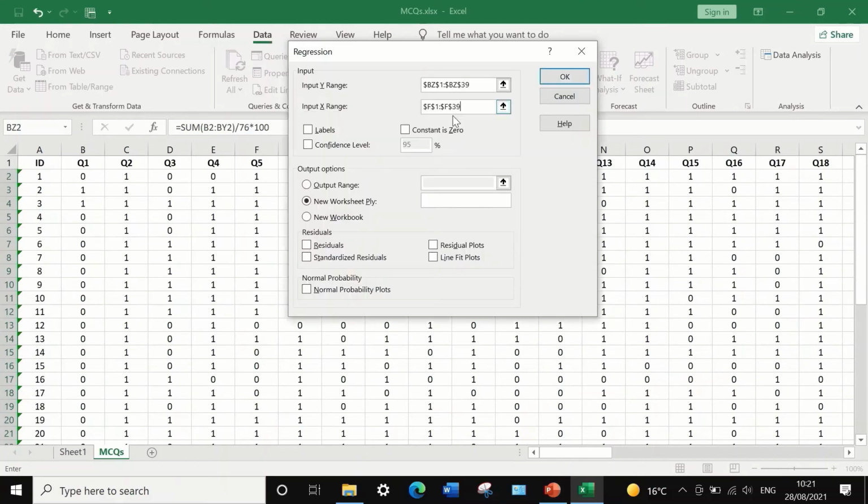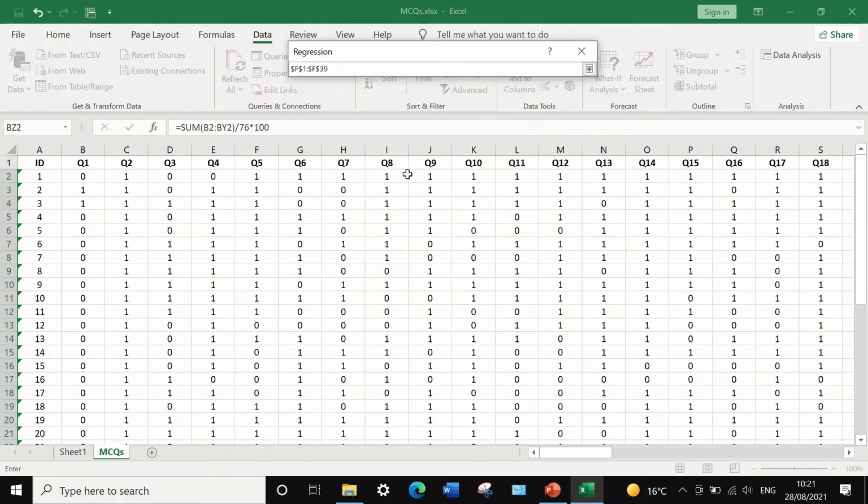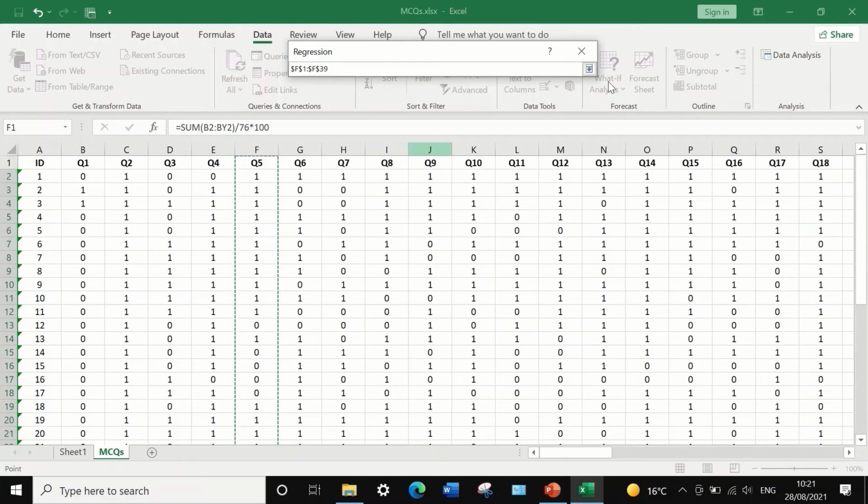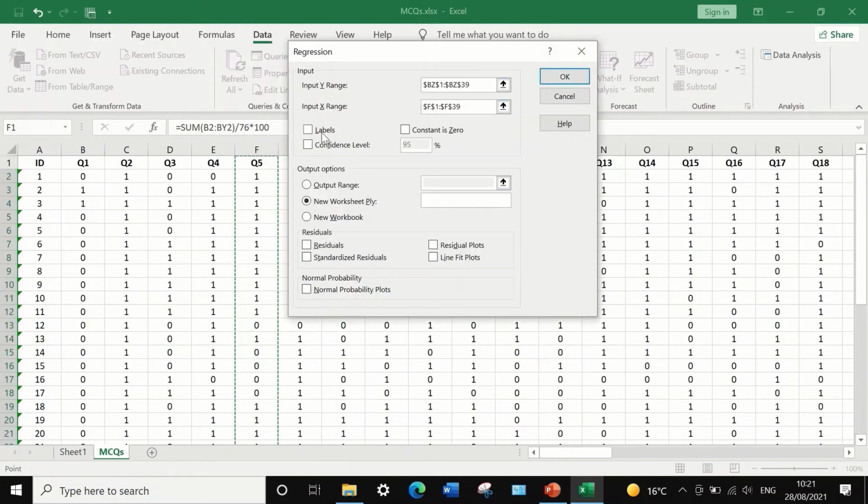Let's do it again to double check. If we go to number 5 here, click Shift and the down arrow, column 5 is selected, and then I click on Labels, and we are going to generate the output